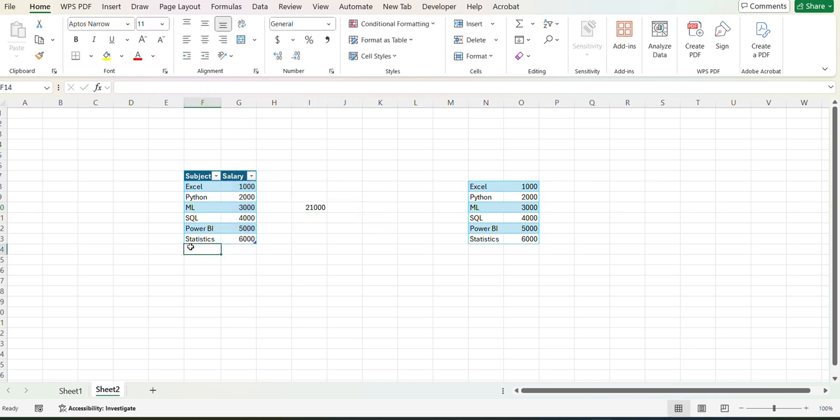So it's 21,000. If I add something like deep learning, if I add this value, then it will automatically count in this. So it's 28,000 now. But here